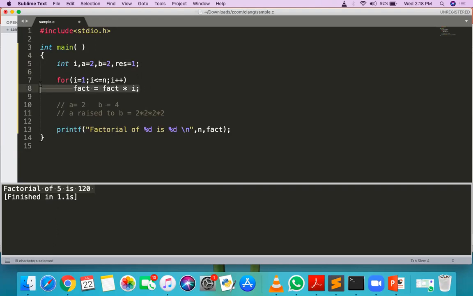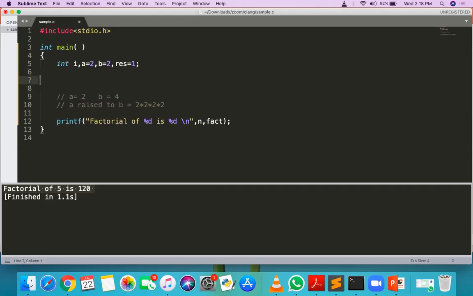Now my for loop becomes, a for loop. How many times multiplication? Suppose I started with 1 multiply 2. Then whatever the result is, multiply by 2. Again, whatever the result, multiply by 2 again. Whatever the result, again multiply by 2. So first is RES. This RES is 1. So RES multiply by 2. And what is 2? 2 is A.